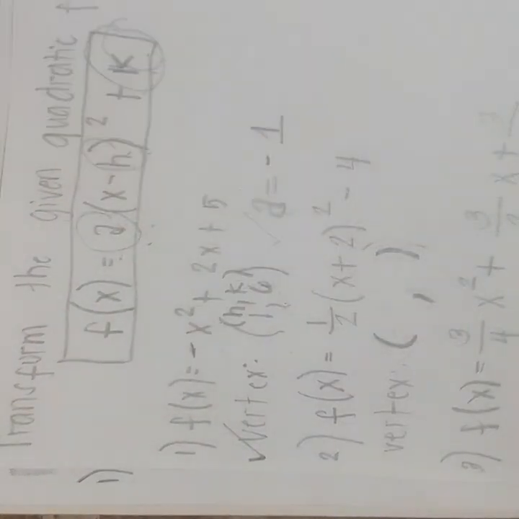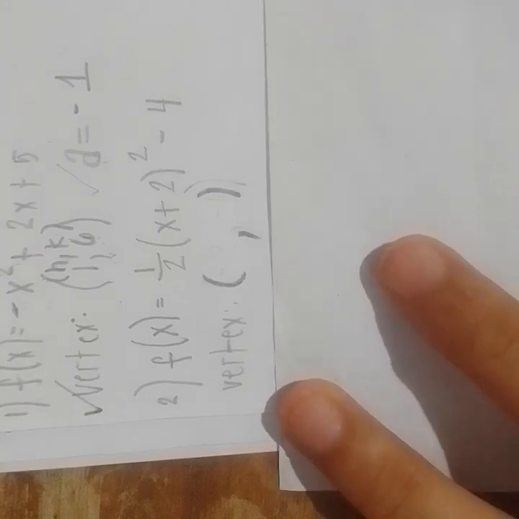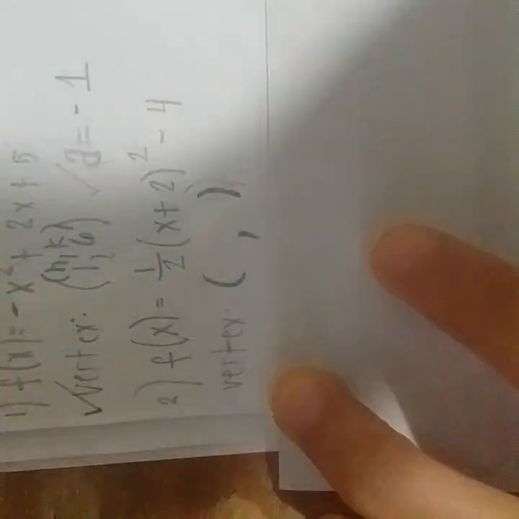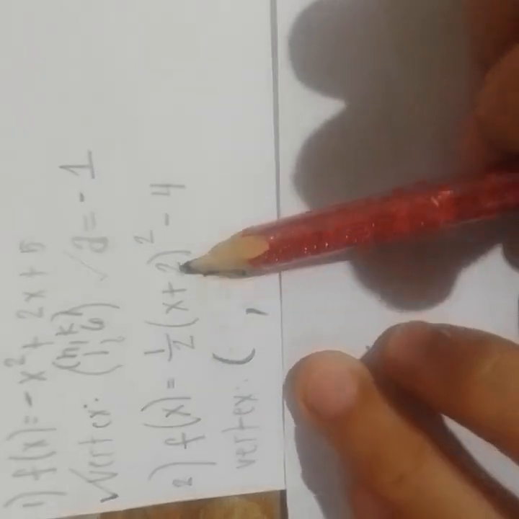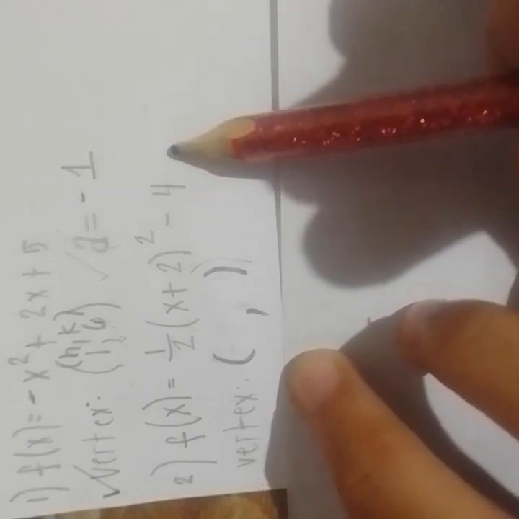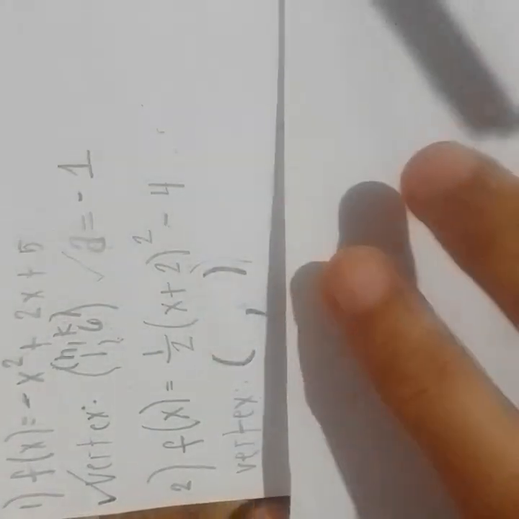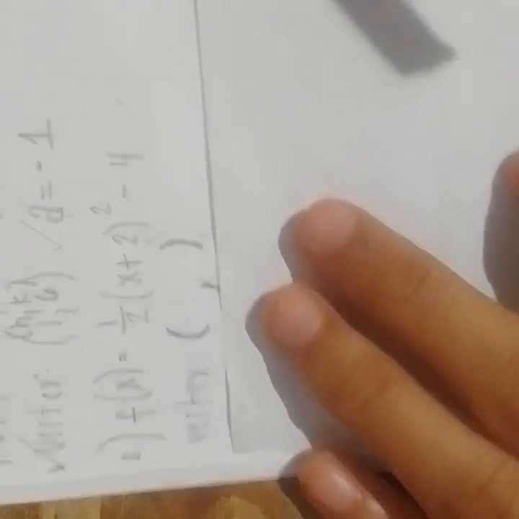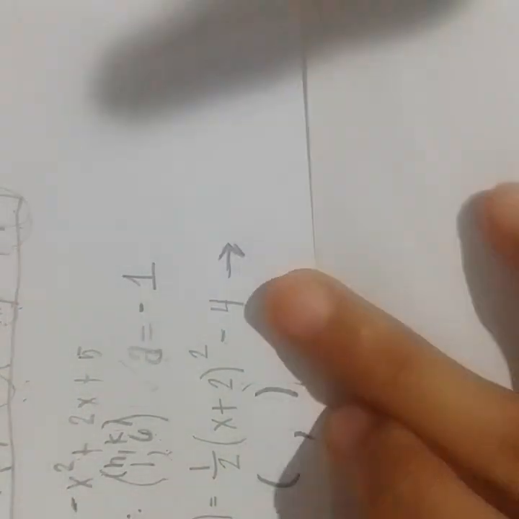Now, say for example, naku another function here. Another function is... wala pa ko yung vertex. So, wala pa rin ako i-solve. So, atong i-solve. Balik siya ta sa kinunahan. The given function is 1/2 times the quantity of x plus 2 to the power of 2 minus 4. So, as you notice, kining function is wala pa mas standard form. So, kung wala siya mas standard form, syempre, ato siyang i-rewrite into its standard form para makita na to, maklaro na to, pila iyang A, B, and